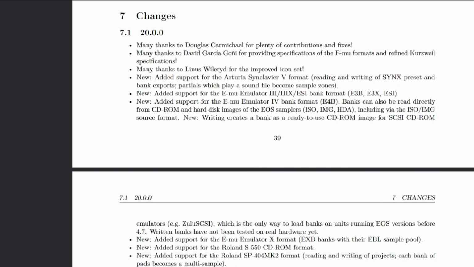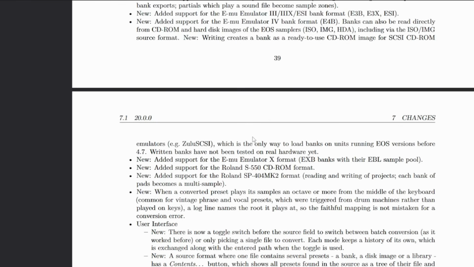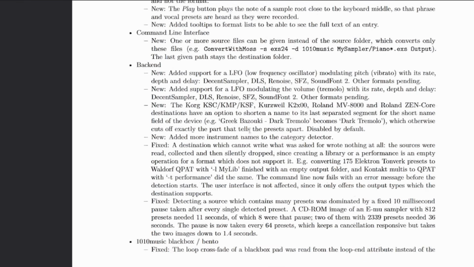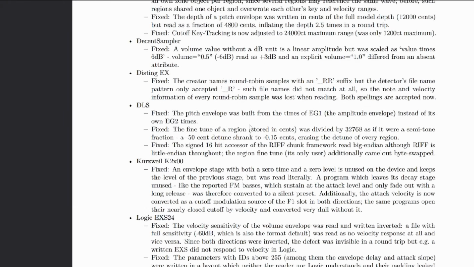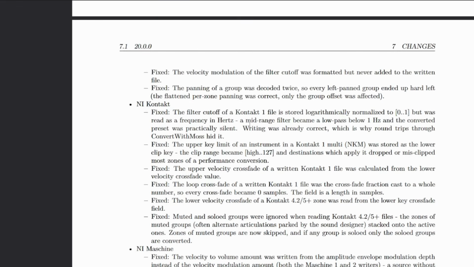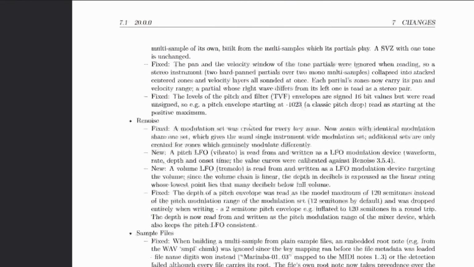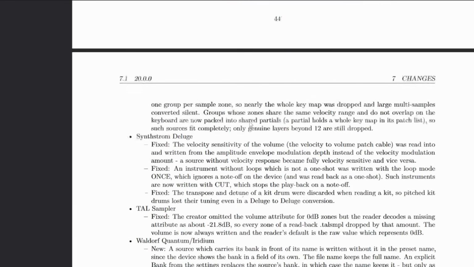So hello everybody, ConvertWithMoss 20 is out, and thanks to the many contributions I get from several people, we have a list of changes which is no less than 7 pages long. So, insane update. That's why I increased the version number to 20, but let me walk you through all the